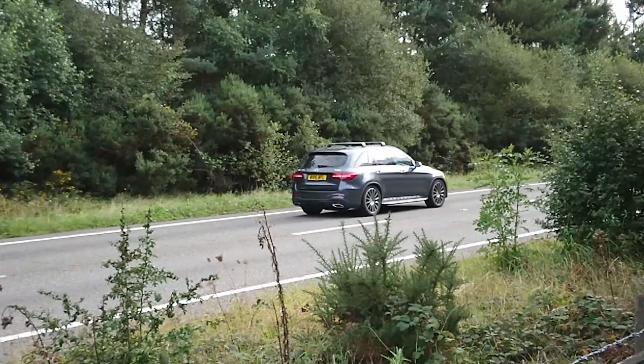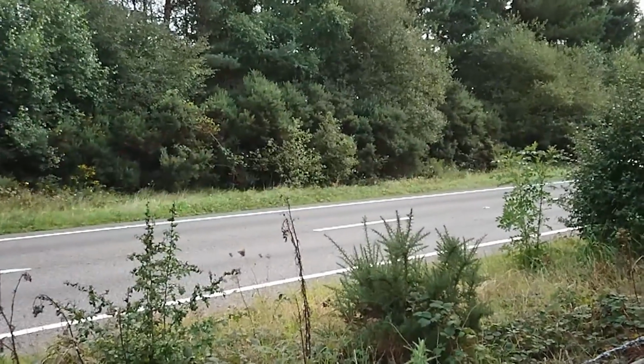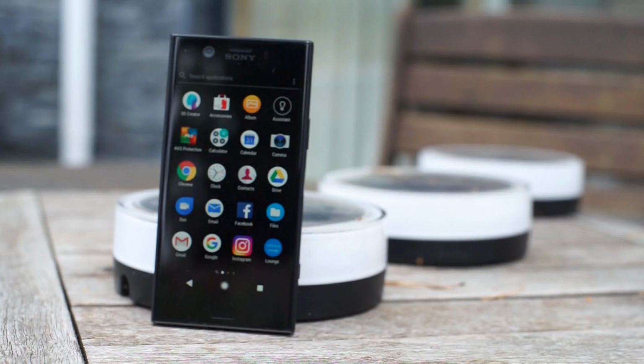Sony retained the physical camera shutter button, although selfies are made easier with the ability to hold your hand up in front of the camera to trigger the shutter. And for those selfies, the 8-megapixel front-facing camera can be set to offer 80 or 120 degree field of view. A gimmicky feature for some,